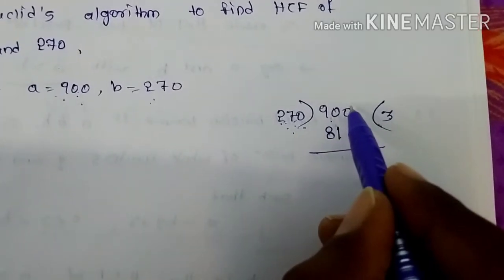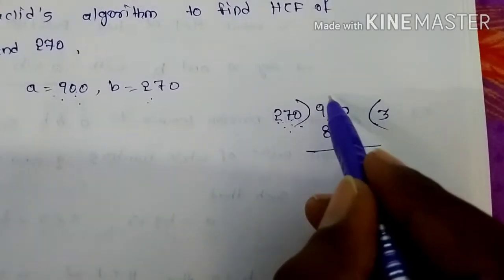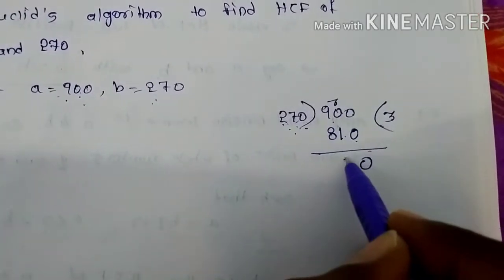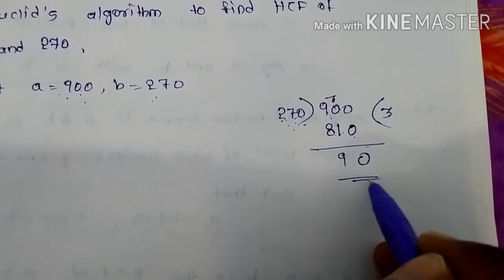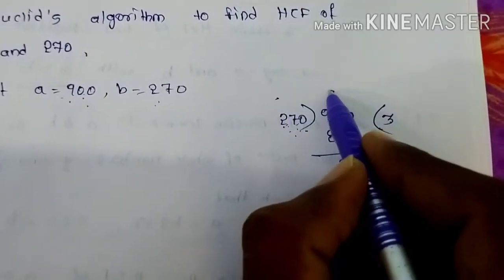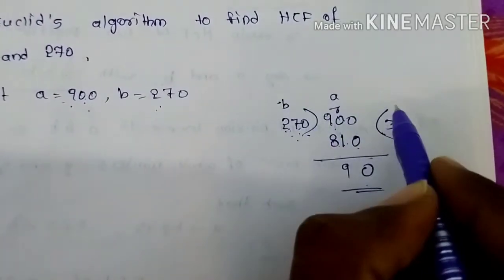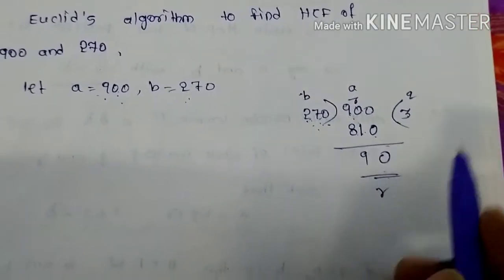Now you can see here 0 minus 0 you will get 0 only. Here 0 minus 1 not possible. You can take 10 carry. 10 minus 1 here 9. You can take here 8 minus 8 is 0. That means you will get how much remainder? Here 90. That means you know that this is dividend. This is the divisor. This will be quotient. This will be remainder. For easiest purpose I am writing.